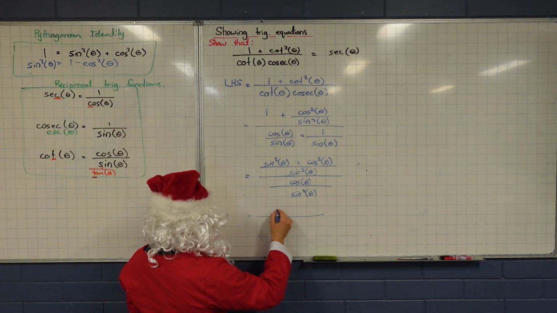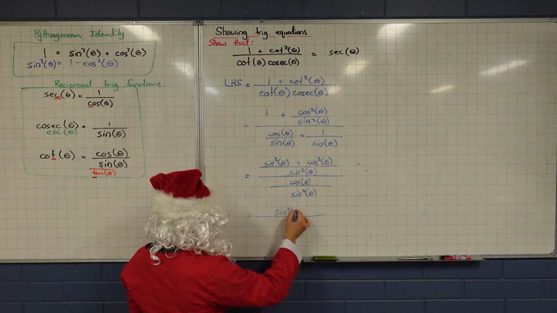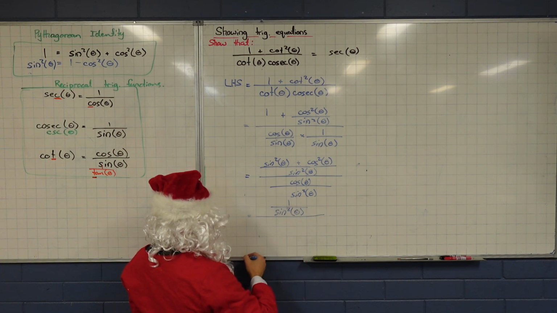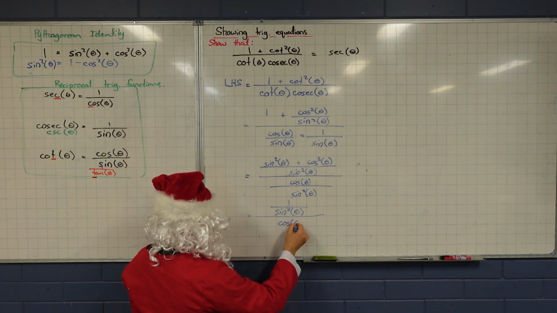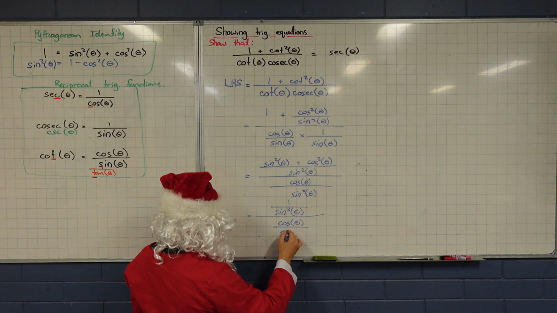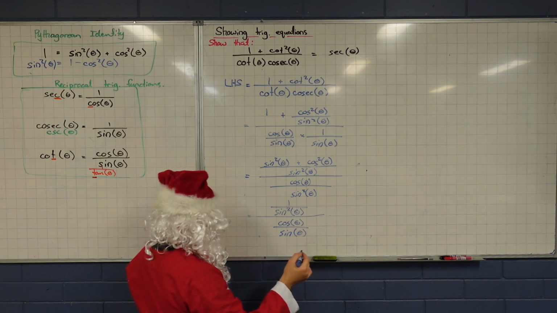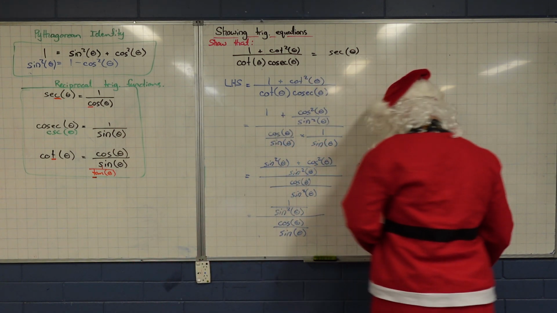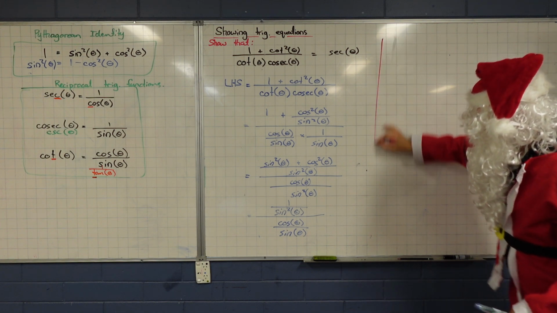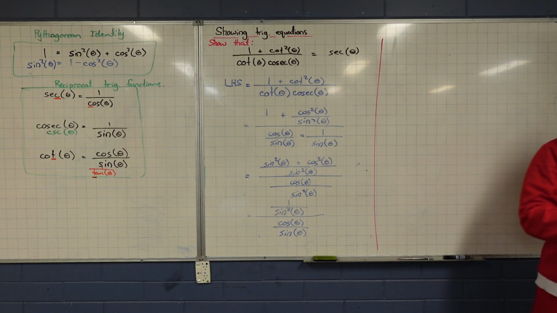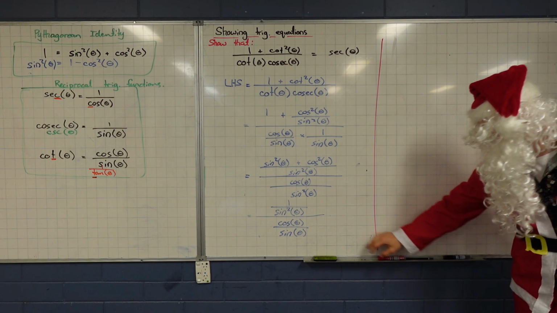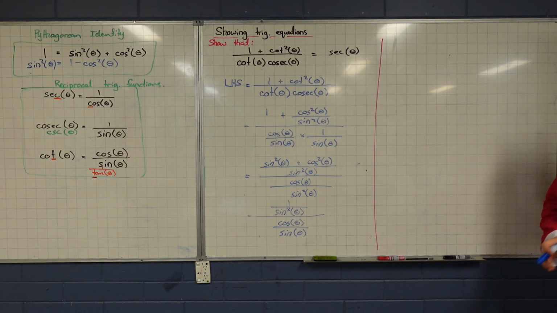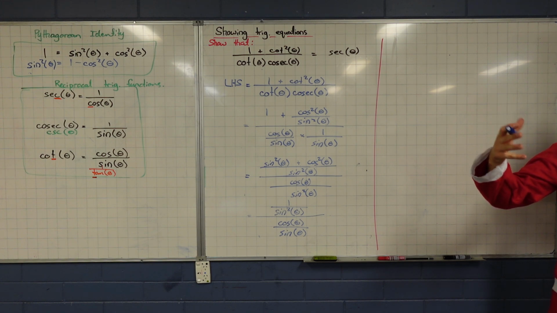So we're going to get 1 over sine squared theta. And then downstairs, we've still got this guy. Okay, next step. We've got three fractions: one upstairs, one downstairs, and one that's holding those upstairs and downstairs together. So here, here, and all together here. Let's split it apart